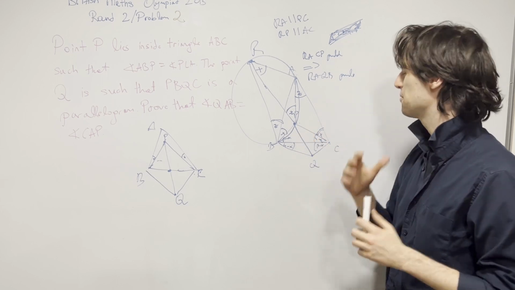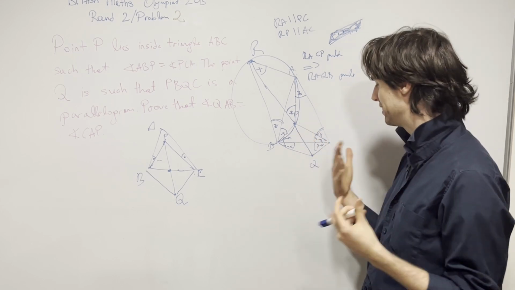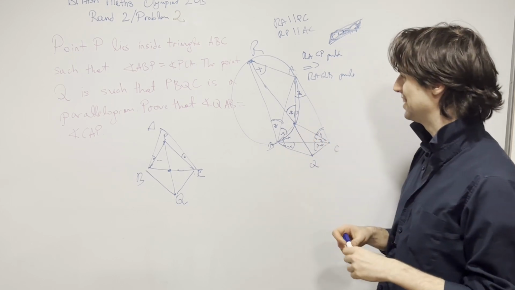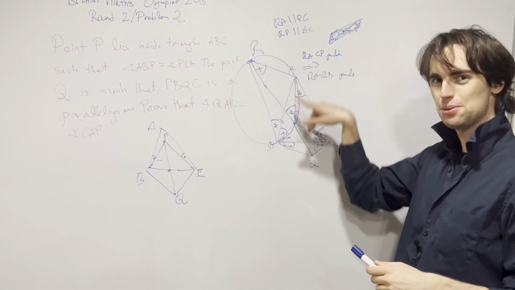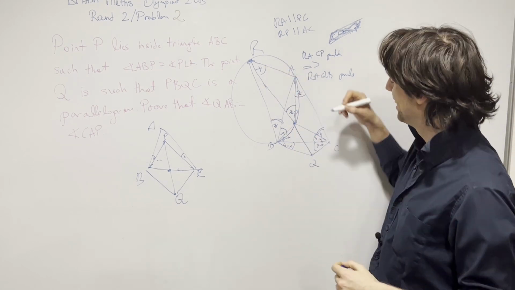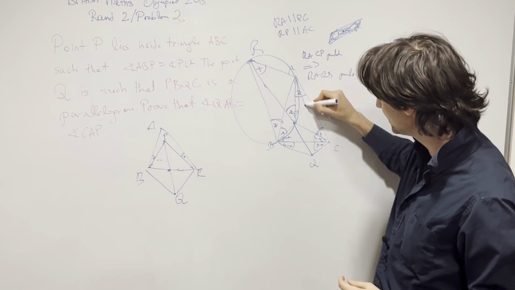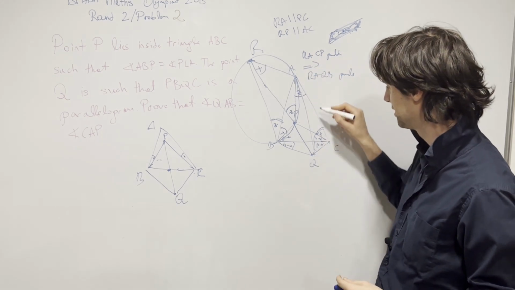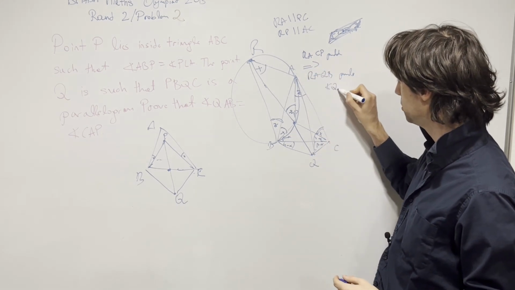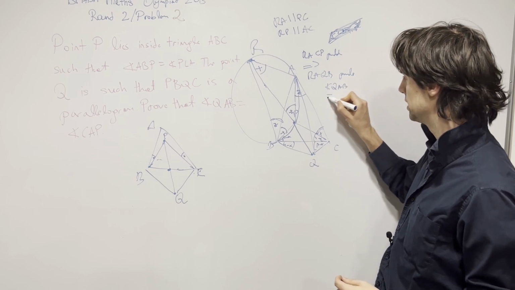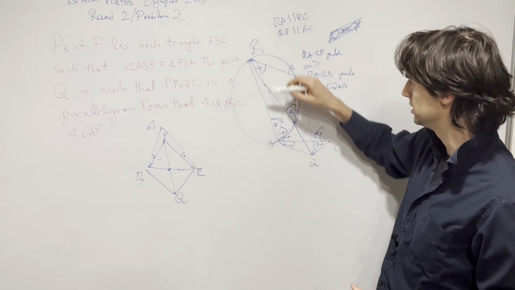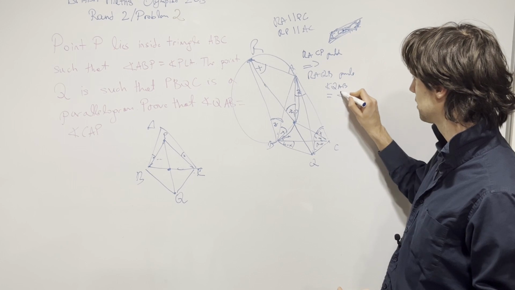And that's one thing. One thing is that it is freaking cool that you just have a parallelogram, boom, boom, boom. And now this implies that the angle QAB is equal to RBA,